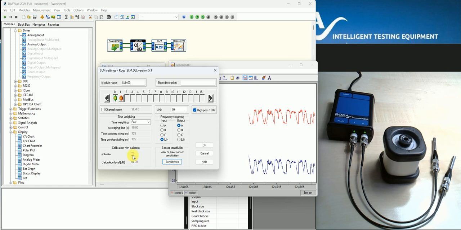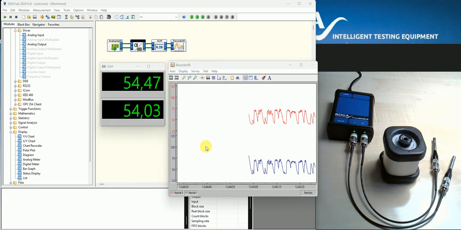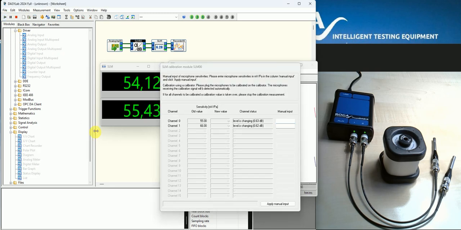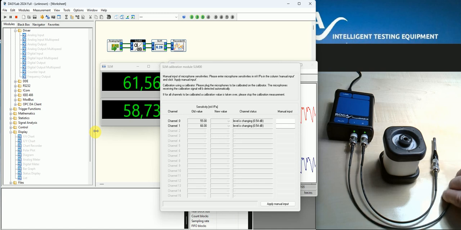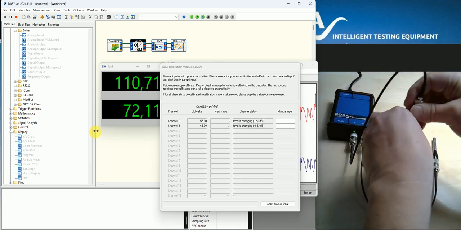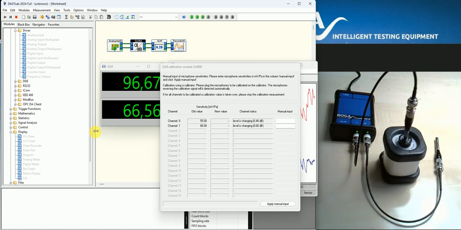Anyway, I have here a sound calibrator and I'd like to use this function. So now I start the measurement. As long as the signal is somehow stochastic, meaning not periodic, this channel will not be calibrated. So now I use the microphone and put it into the calibrator. It takes a little bit until everything gets stable. And now we can see